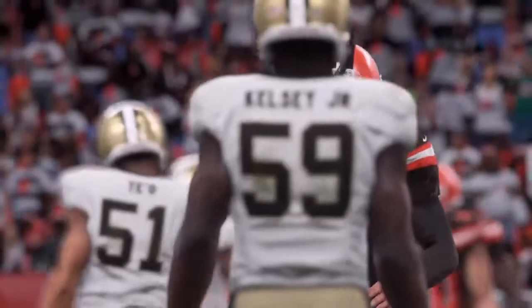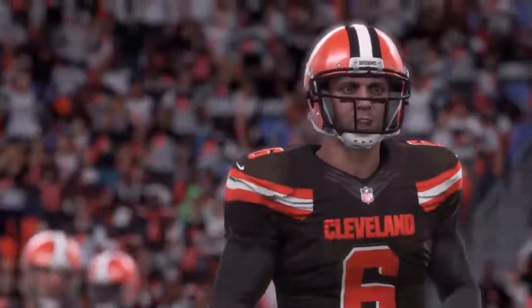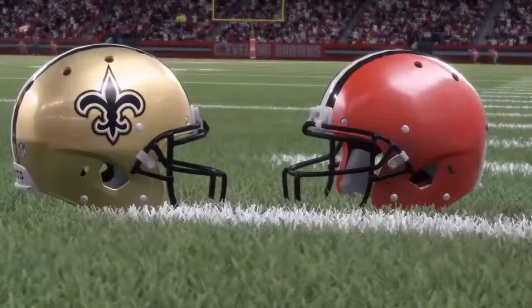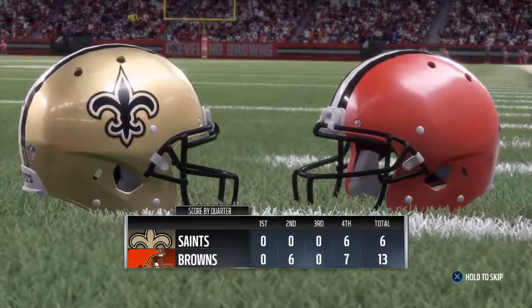So for Cleveland, the win will help them keep pace in the playoff race as they move to 6-3 on the year. And they'll have another home date next week as the Cincinnati Bengals come to town. Meanwhile, for New Orleans...